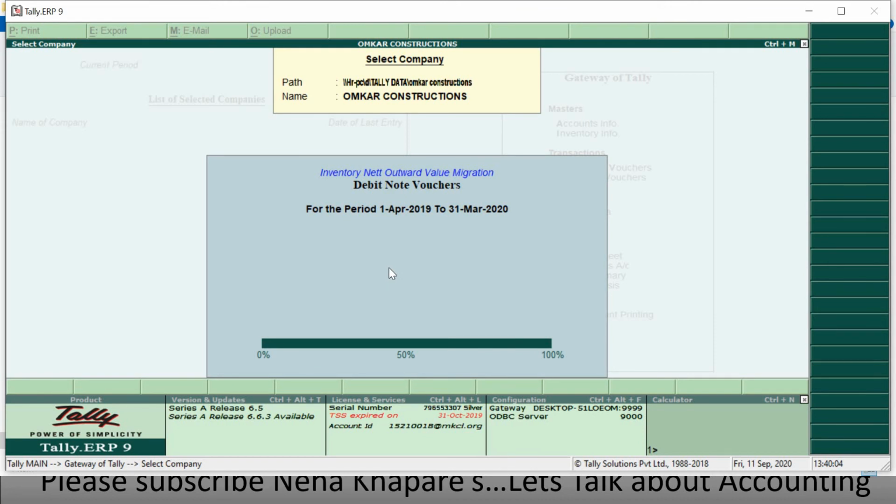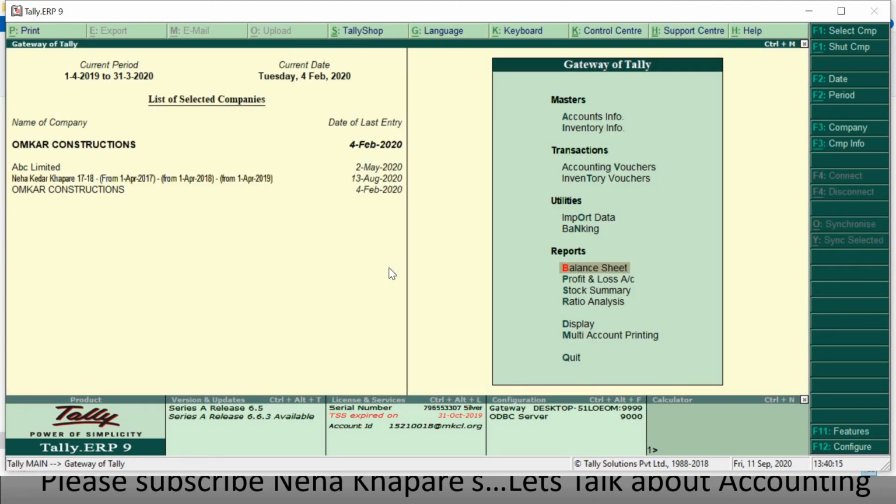It will ask you to select the company. Select the desired company for which you want to start the rewriting procedure. Now Tally will ask you to take backup. Make it yes. Tally then asks you to start the rewrite process. Say yes, and there will be three steps or three phases to rewrite. After phase 3 is done, your rewriting is successful. And you can see in my latest version of Tally, my company is being opened. Now open the company and it will run.